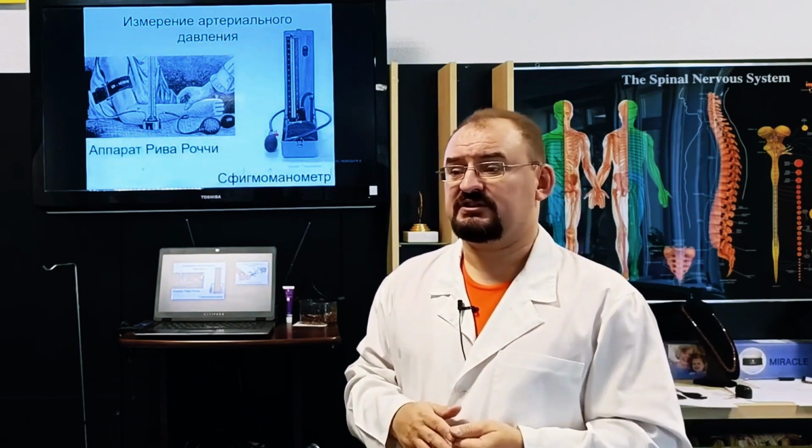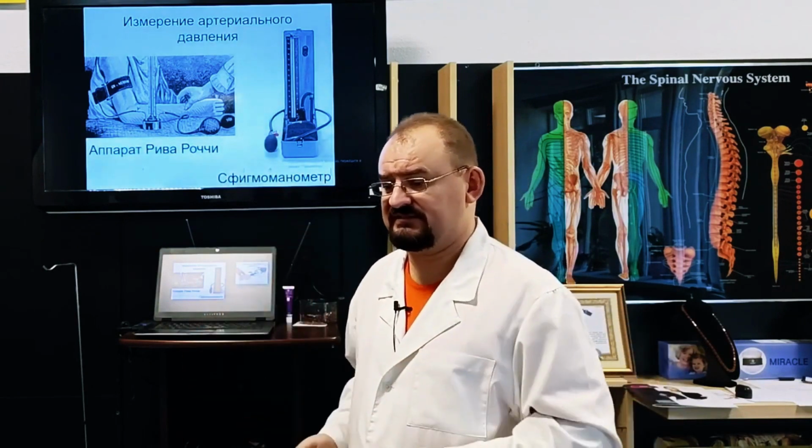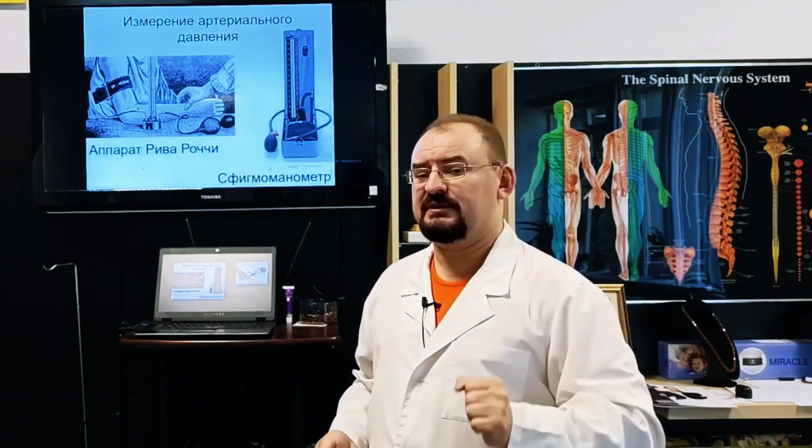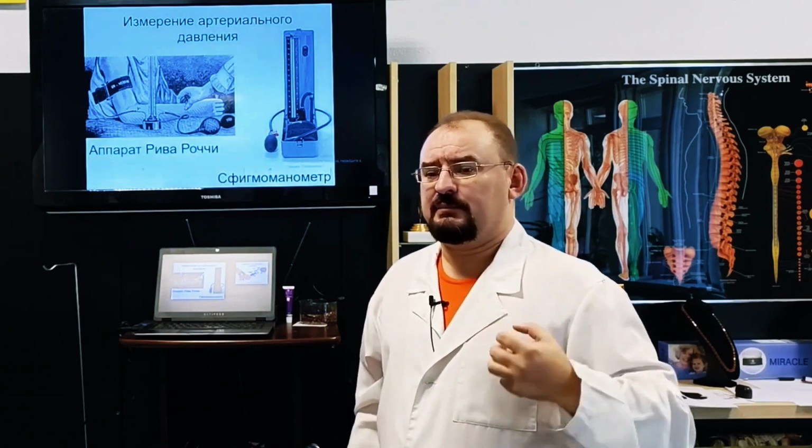A person's blood pressure is always recorded as two numbers. This is the systolic or upper pressure. This is the moment when the heart pumps blood and the blood rises through the arteries, through the aorta, through the brachial arteries. That's when I record the upper pressure. The upper pressure is also called the cardiac pressure because it reflects how forcefully the heart has pumped the blood.